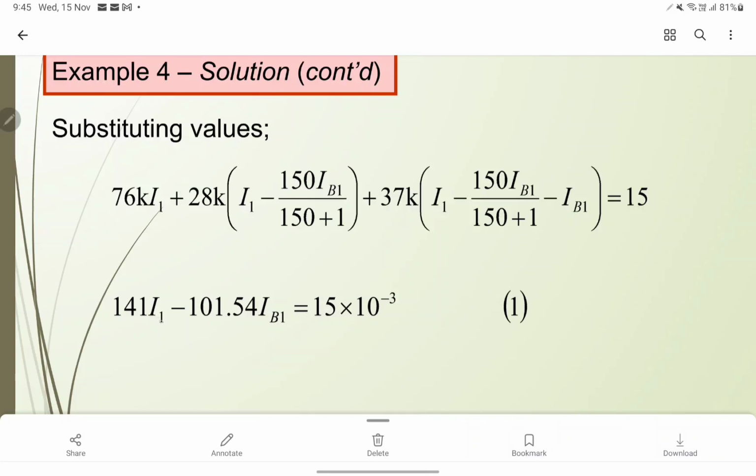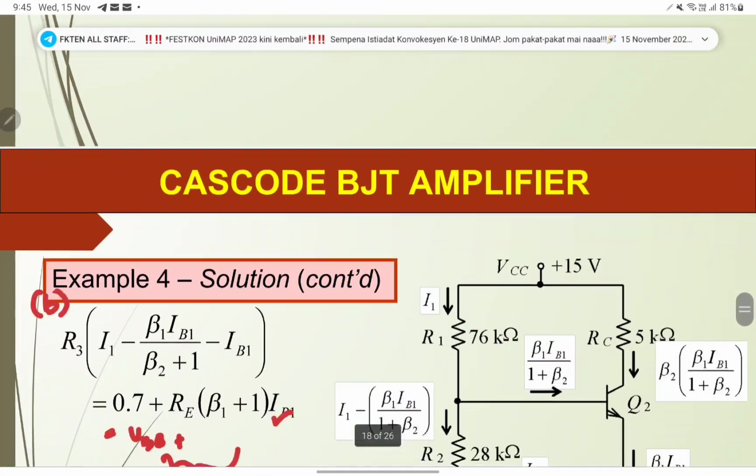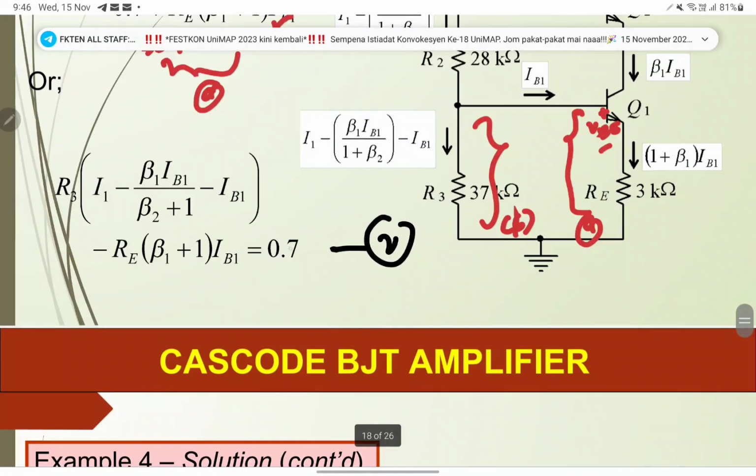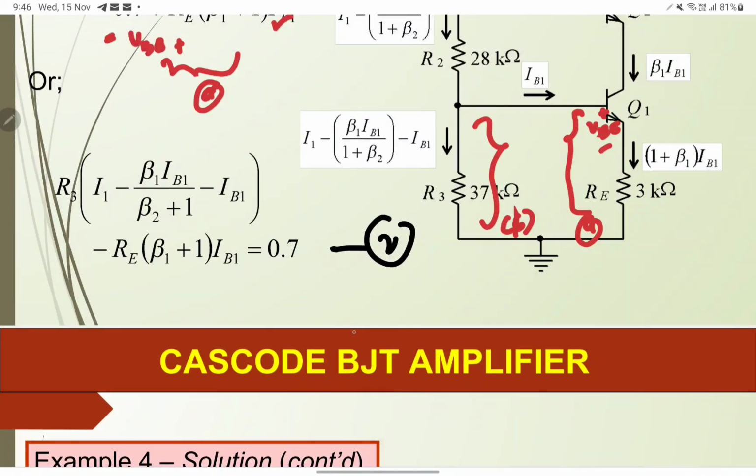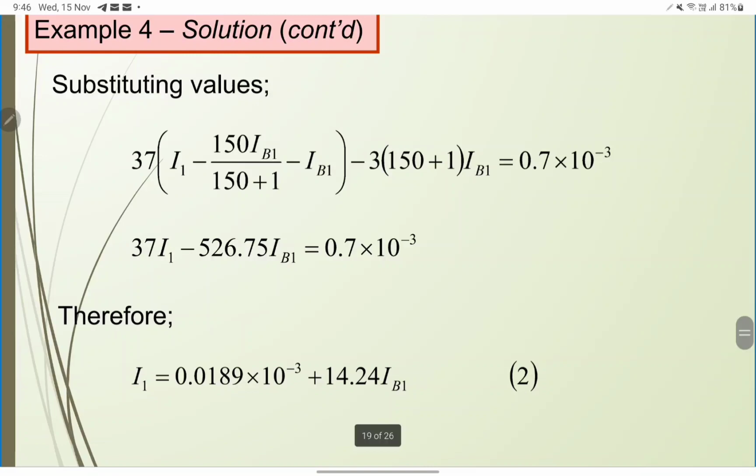then you got the first equation is 141 I1 minus 101.74 IB1 equal to 50 milli. Okay, this is our first equation. And then from our second equation, you plug in the value for the resistance, and then you found, after you open the bracket and simplify, you can